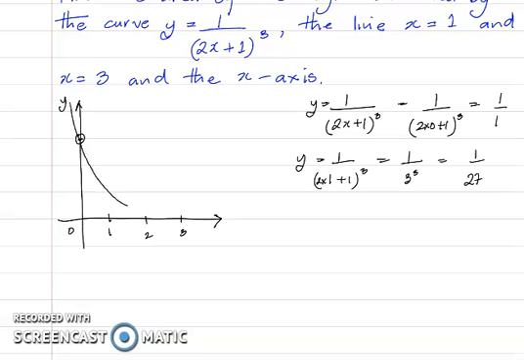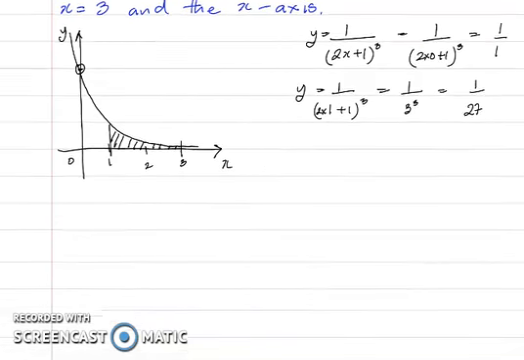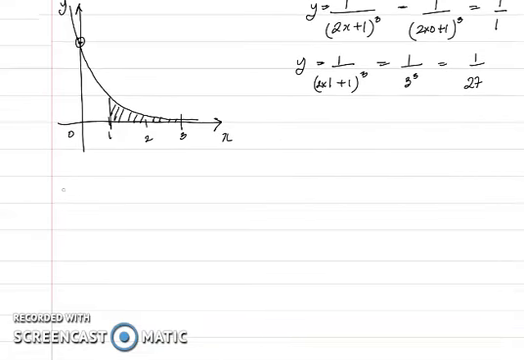And of course, as x increases, the value of y decreases. All right, so we want the region between x is equal to 1 and x is equal to 3. So this is the region we're talking about. And of course, this is just a sketch, x-axis. And we could say that this area